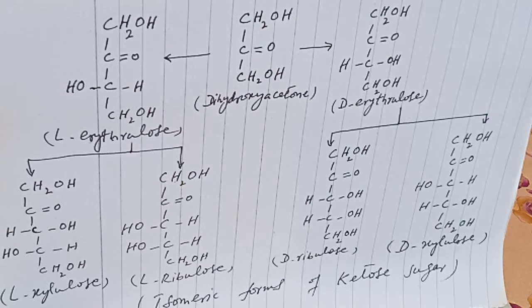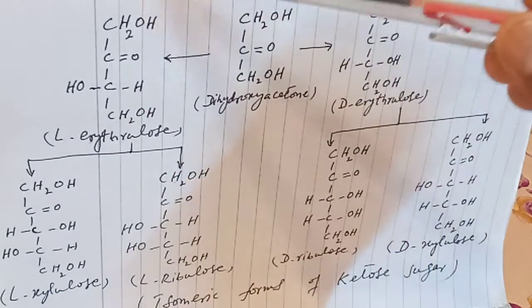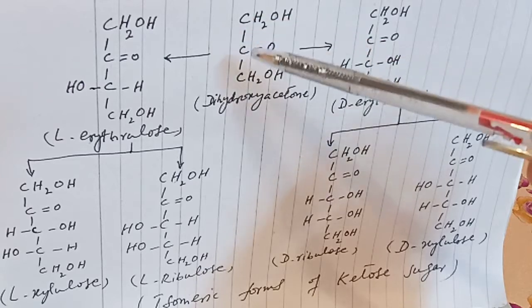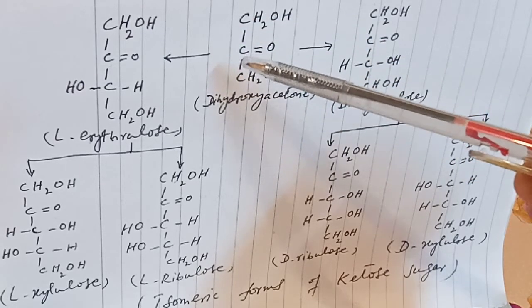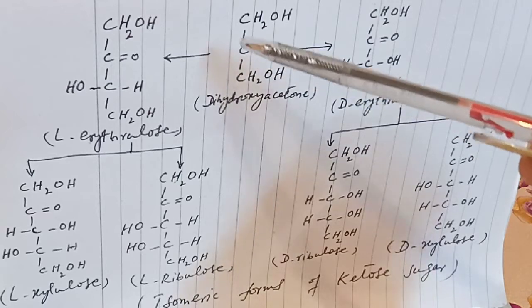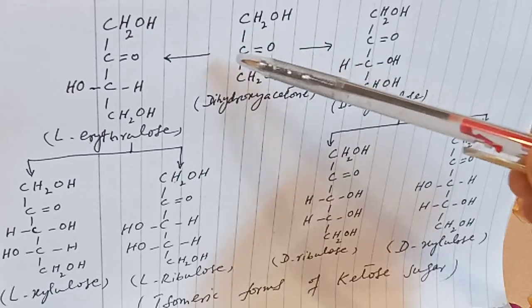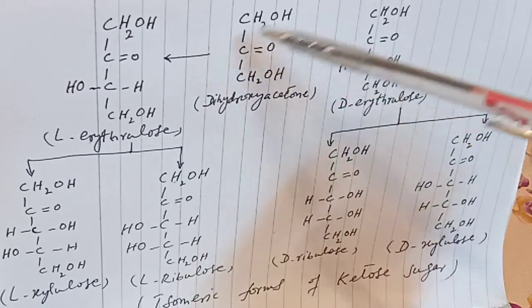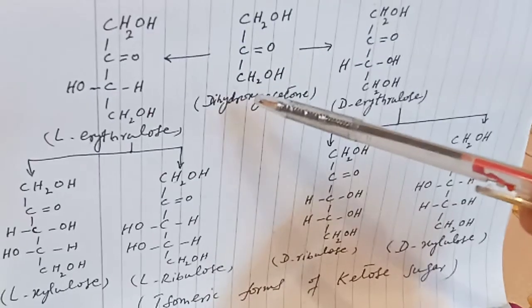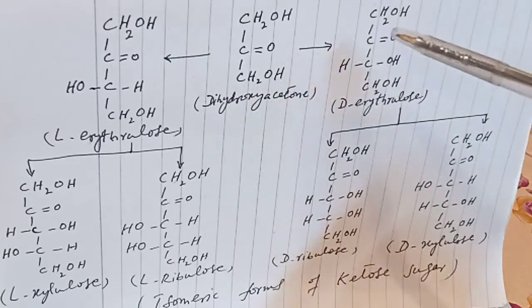So here, students, I am also illustrating the concept of D and L type of sugars in carbonyl group containing sugars, the ketose type of sugar. The previous example was related to the aldose type of sugar. Now this is the structure of dihydroxyacetone, a 3 carbon atom containing sugar. At carbon number 2 there is the carbonyl functional group, the reducing group. In the ketose type of sugar, the carbonyl ketone group is specific to carbon number 2. Therefore, this 3 carbon atom sugar is called dihydroxyacetone. On the right side, here is the structure of D-erythrulose.